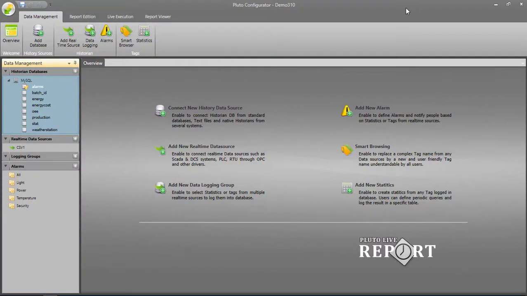I launched the PLUTO client, which is my PLUTO configuration tool. Here you can see my database and all of its tables. If I want to add the eWON data into PLUTO, I need to add it as a data source. So I say Add Real-Time Source,